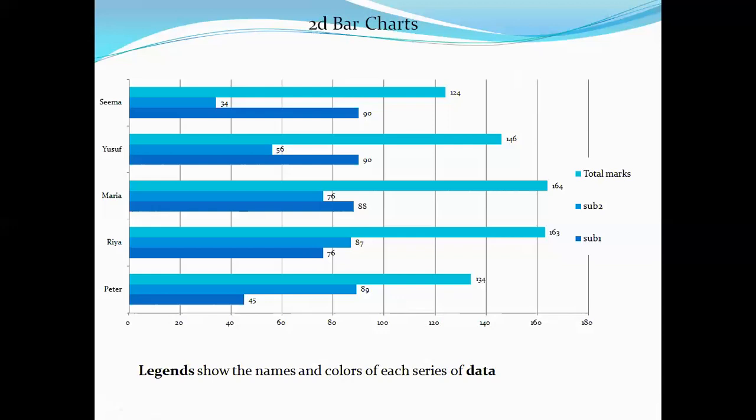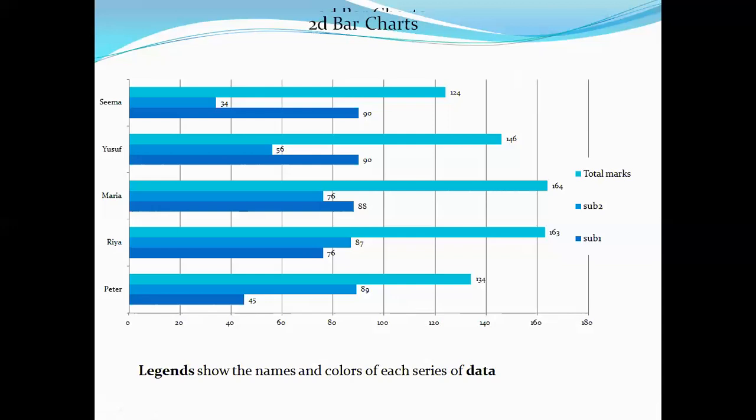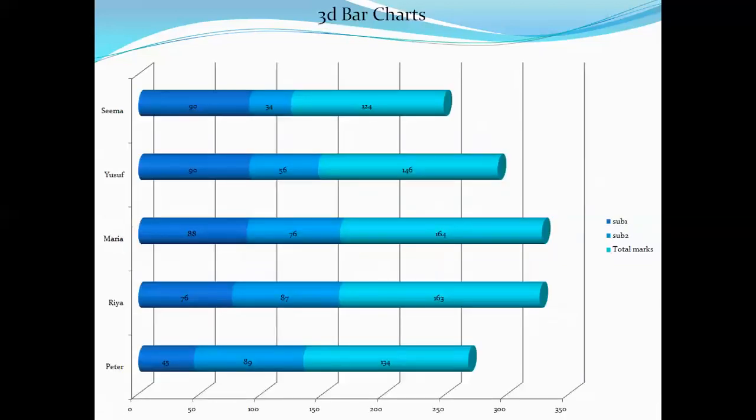But first you have to understand very properly what charts are and what the different types of charts are. Okay, so I hope this is clear. This is a 2D bar chart and this is a 3D bar chart. It is a similar kind, but you can see it is in cylindrical form. You also have cone or other shapes of charts, and you can try them. Okay, but I have just shown you that this is a 3D bar, and you can easily find the difference between 2D and 3D. It looks 3D. Okay, so again we have legends on one side and we have horizontal bars, because it is a bar chart.